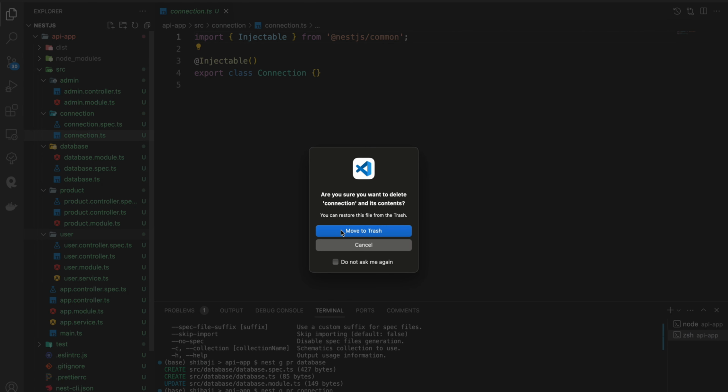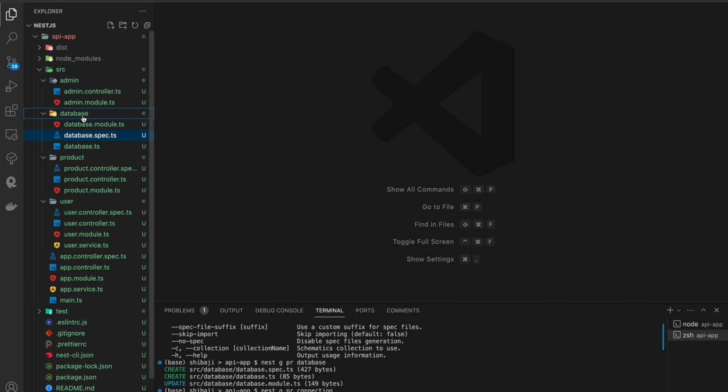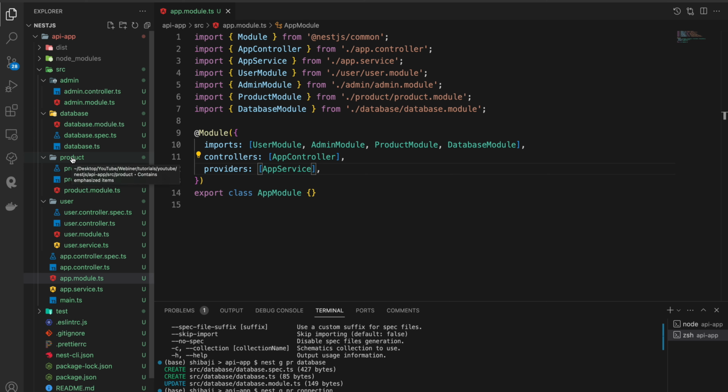So just remove this particular folder, and when I remove this class, we also get some error from this app module.ts, because this is actually unnecessary, I remove it. But when I remove this particular class, after creating this class it automatically updated our app module.ts. So if you don't remove these particular lines, you get some problem accessing your application. If you remove any folder, any module or any files, definitely remove those particular modules from the main